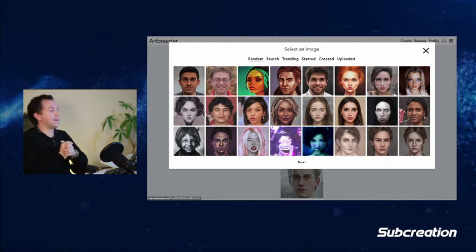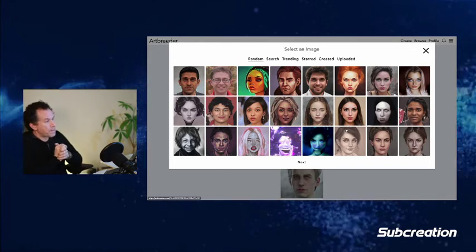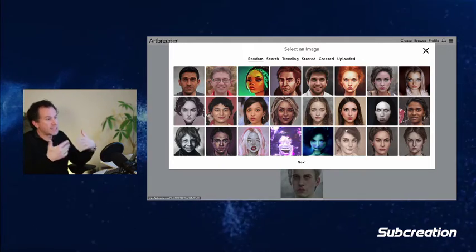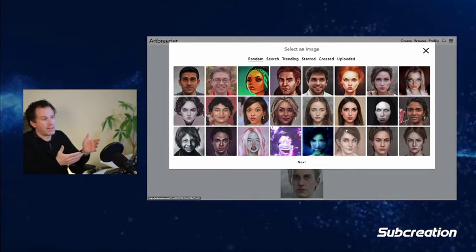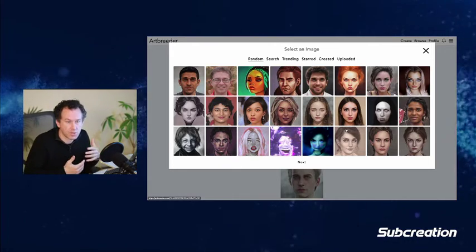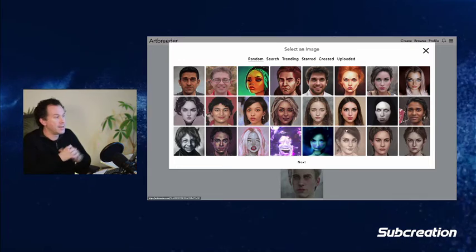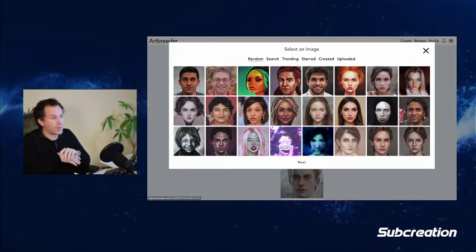But your best chance of doing that is to just do a lot of art, to make lots and lots of art. And that's why I think that Artbreeder is such a real breakthrough tool for artists. I think it goes way beyond anything you would do with Photoshop or